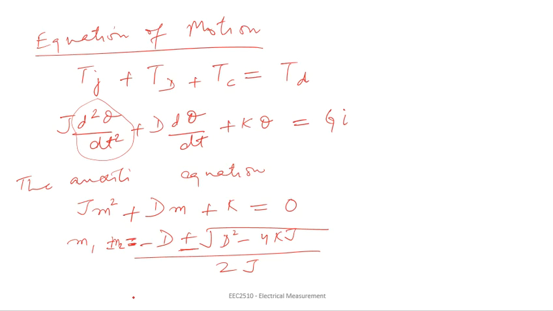Okay, so after evaluating this you can write the solution as a times e raised to the power m1t plus b times e raised to the power m2t. Okay, similarly for particular integral also you can write